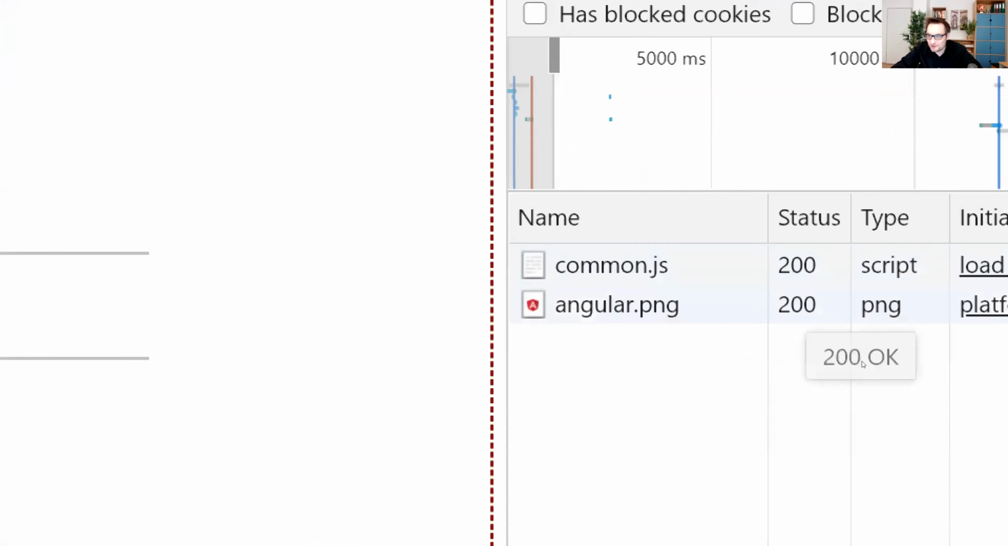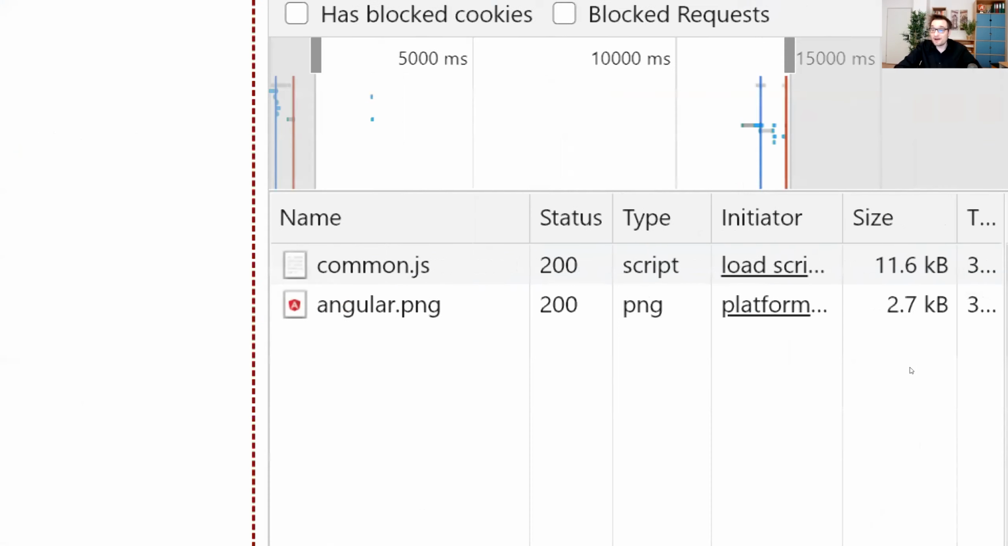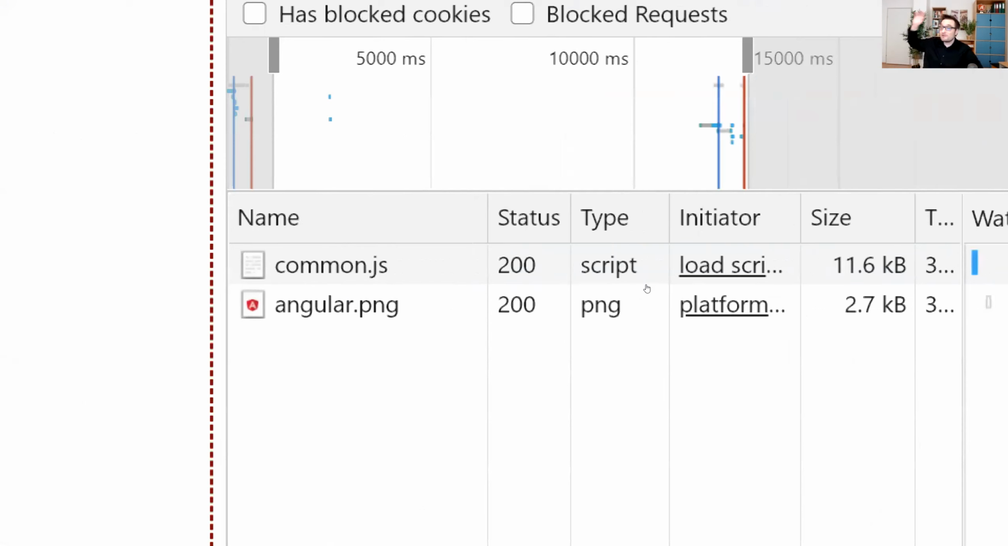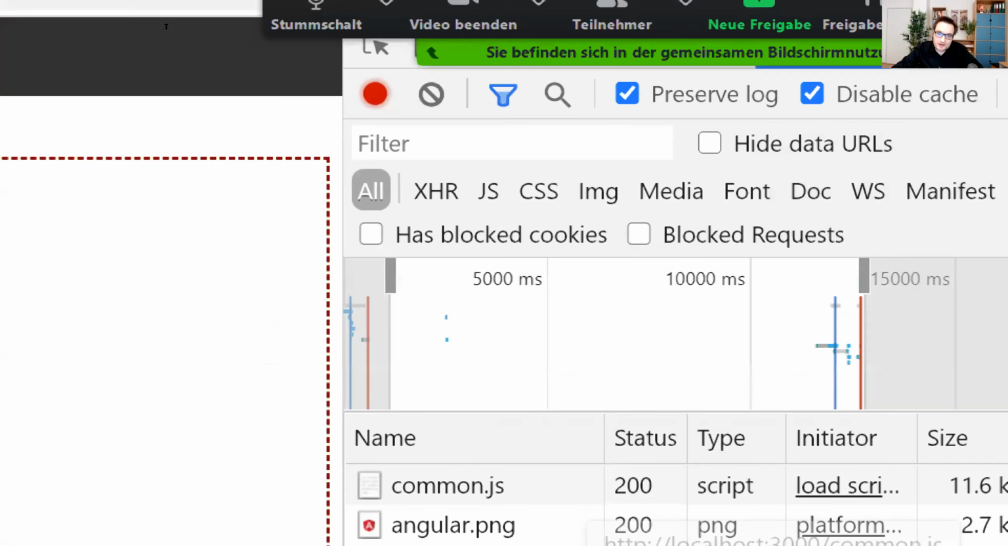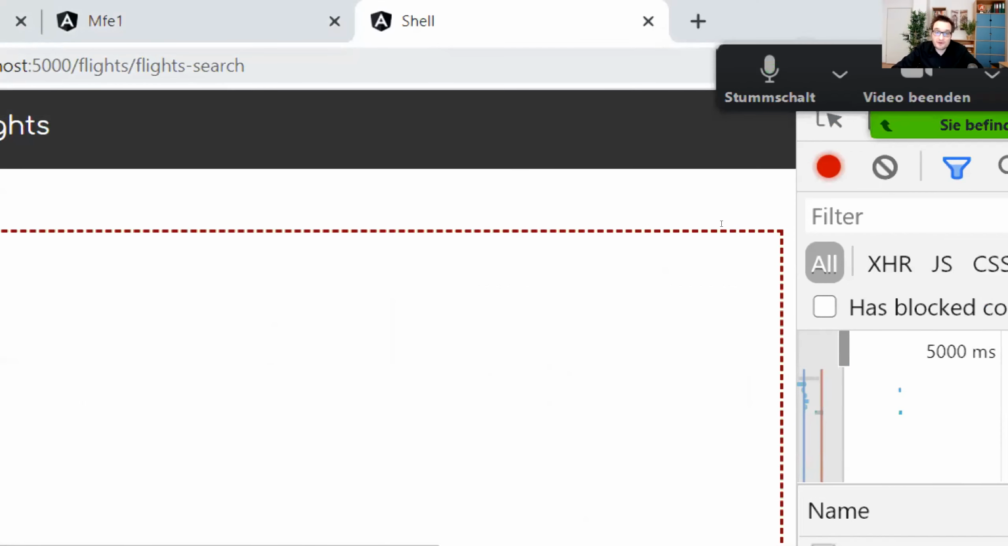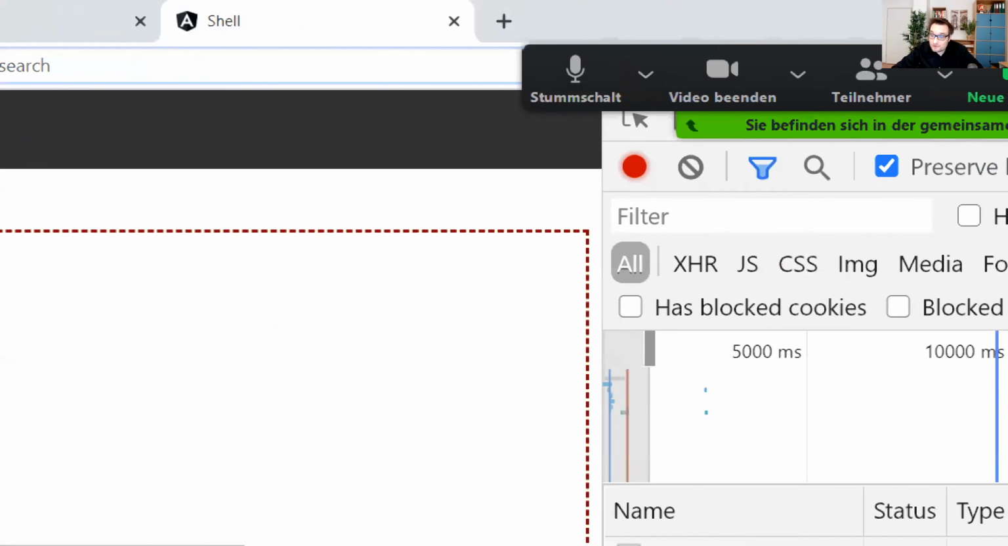Yeah, the name is not perfect. It's called CommonJS, but it's indeed our micro frontend. It has been loaded from over there. You see it here, localhost 3000, where the shell is, one more time, located at localhost 5000, and it's